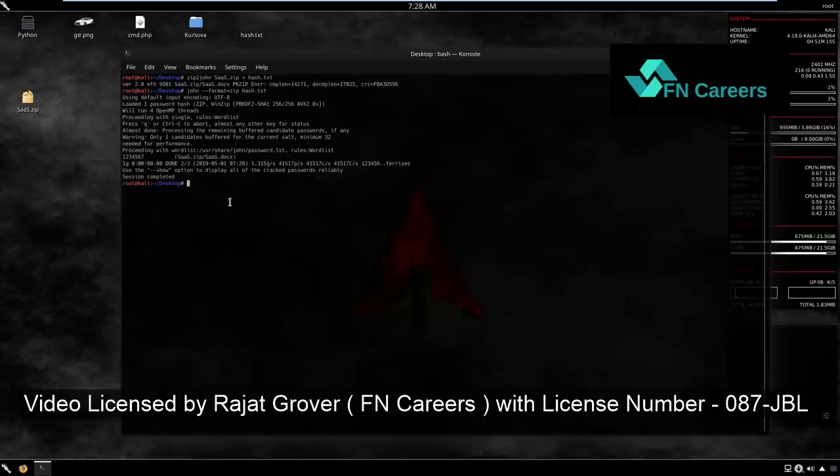We need first to get the hash of the file. If there's a chance you are prompted that the file is not encrypted, do not worry about that. There's some kind of a warning that the file is encrypted when you try to unzip that. So the point I want to make is that John needs first to get the hash. So we get the hash and store it in that hash.txt file, so we can cat hash.txt, we see